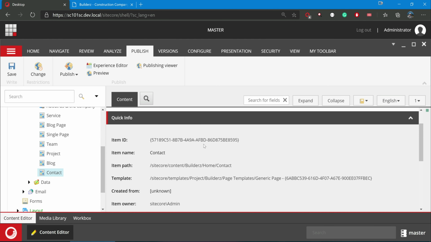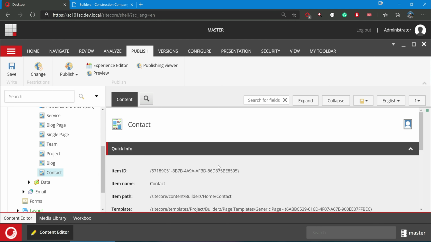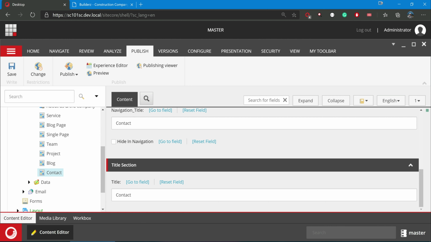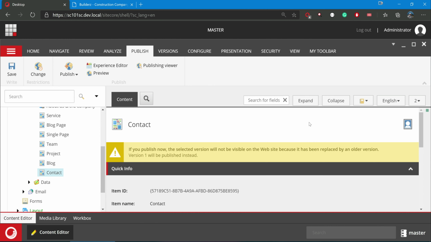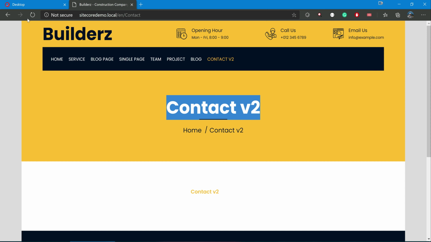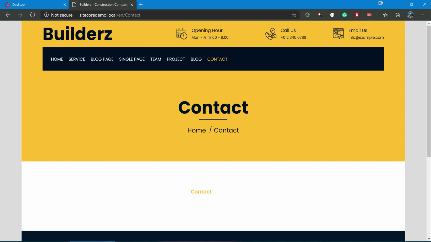You can also notice that here it is gone. Even though we are on version 1, the warning is not coming. If you go to the second one, you will get the warning because version 1 will be published now. So you can see now it is version 1.